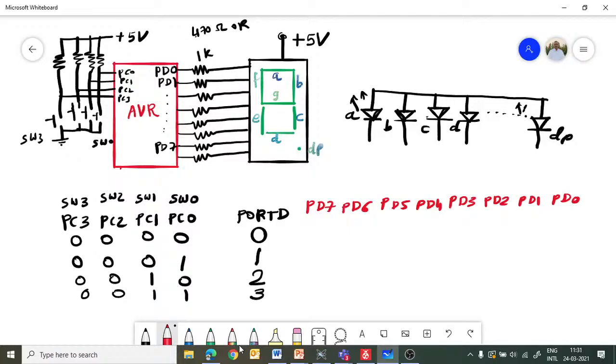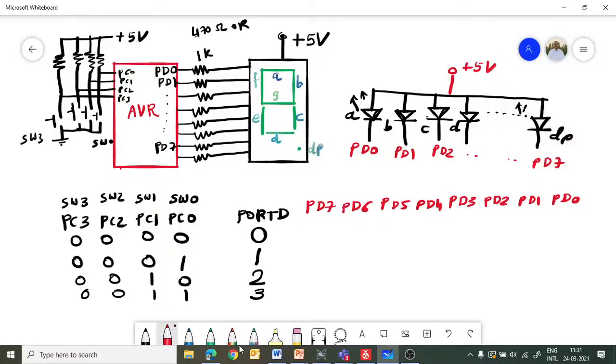As this is a common anode, as you can see from the connection here, the common anode is connected to plus 5 volts and the cathodes are connected to port pins. So A is connected to PD0, B is connected to PD1, this is connected to PD2 and so on up to PD7.